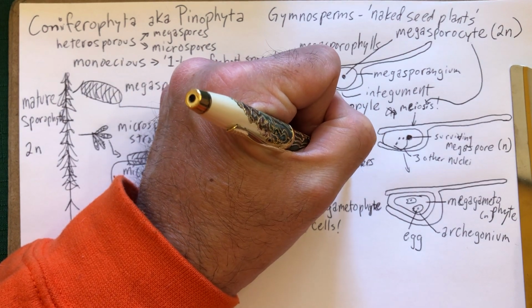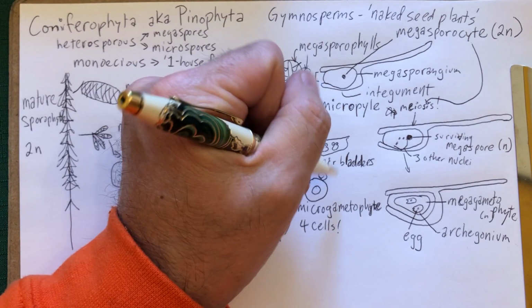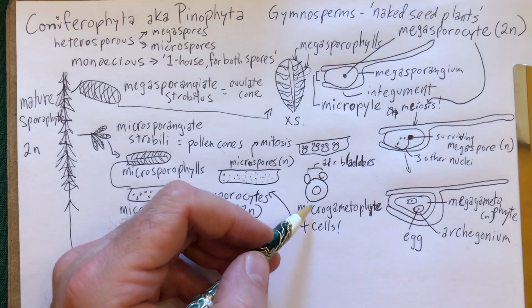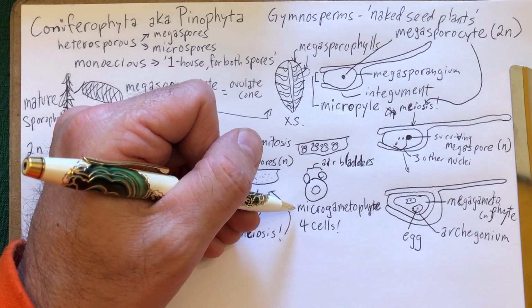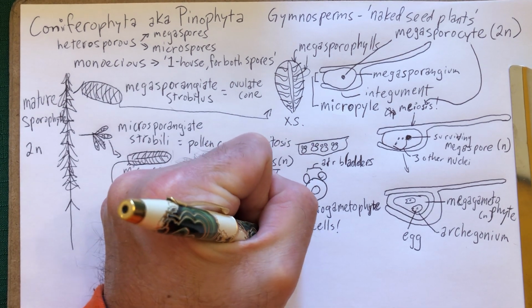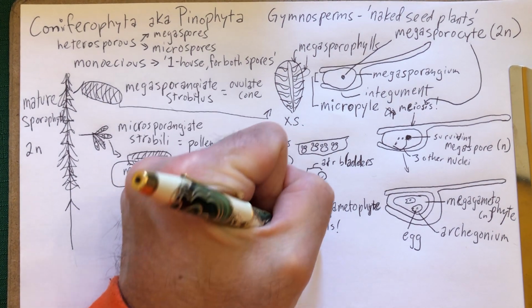Because once we get into the seed plants, plants go from having a reliance on water to move the gametes to relying on air. They kind of abandon having a navy and form an air force. So these microgametophytes are only 4 cells. Mind you, a microgametophyte is technically its own plant. It is its own multicellular plant, even though